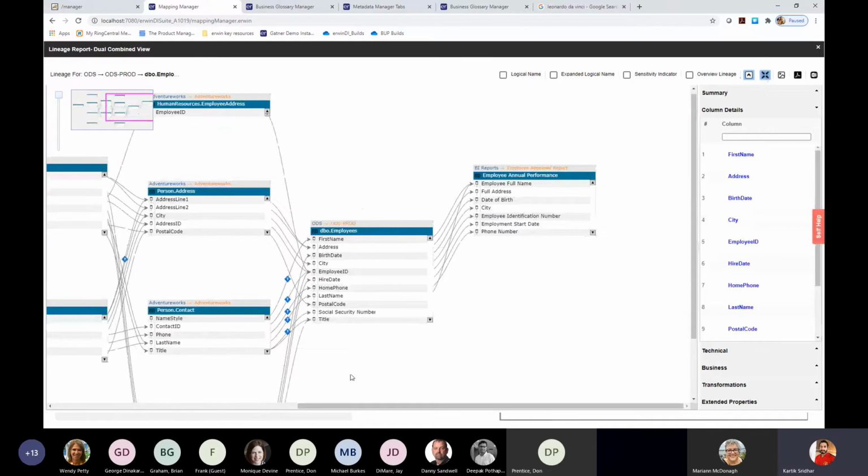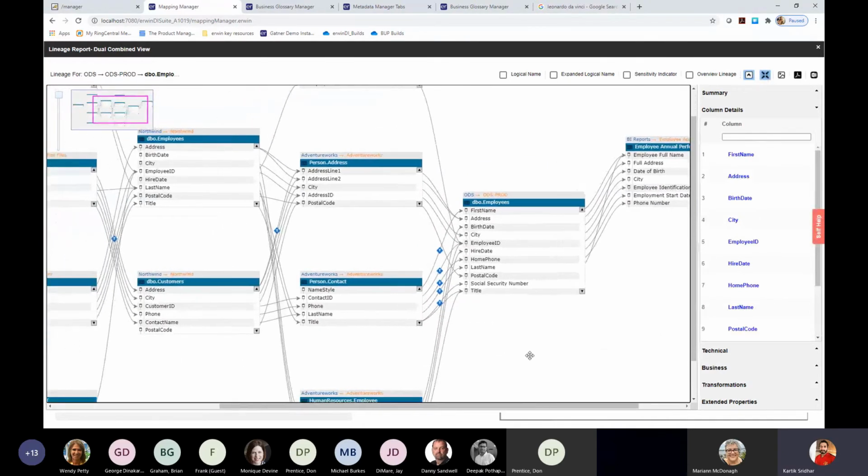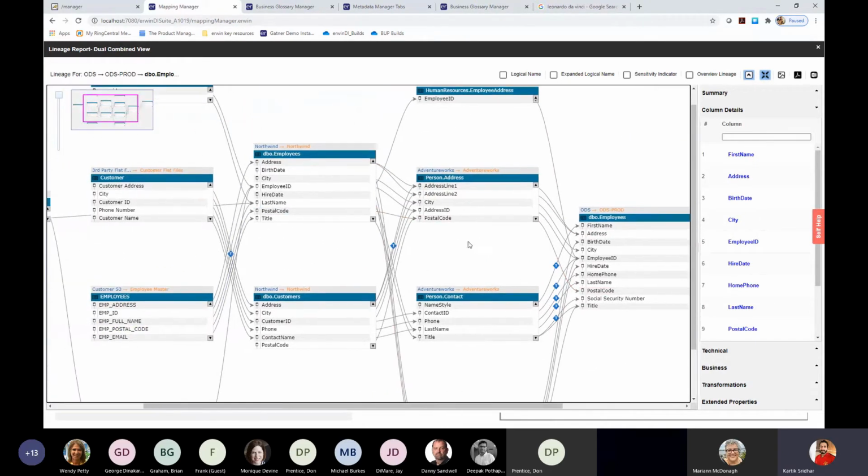Okay. So in this version, while you're viewing the data lineage, you now have the ability to flip over to the logical names. So if you are an end user that is more accustomed to analyzing or visualizing the data with the logical names and not the physical names, you will have the ability to click this logical name check. The diagram will automatically add the logical names on top of the physical names. So any attribute that has a logical name will show with the logical name in a bolded manner. And any attribute that does not have a logical name will fall back to the physical name.